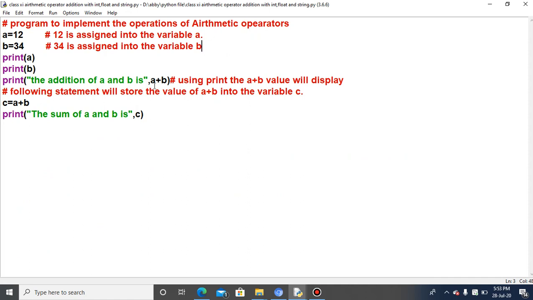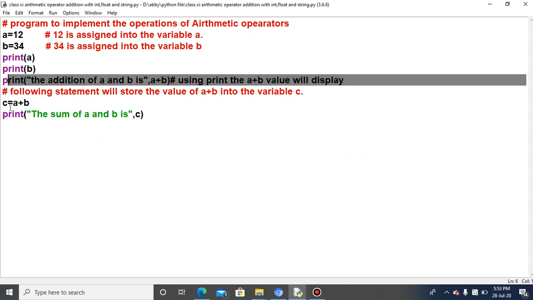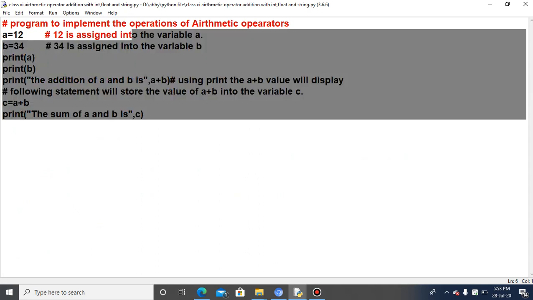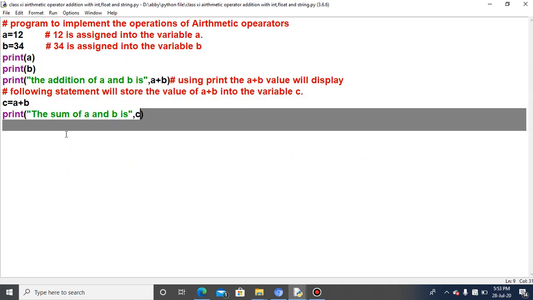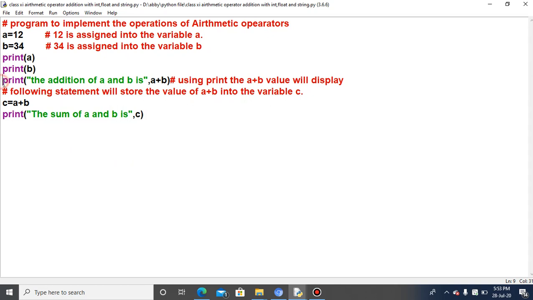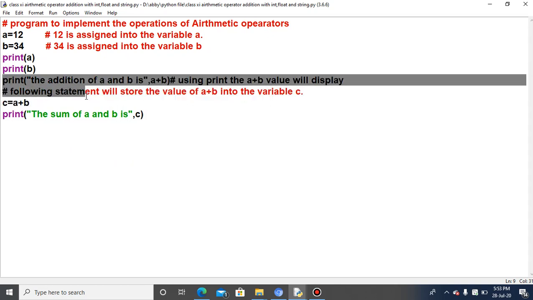Okay, so now one more thing I want to tell you. I will erase this command, I don't want to see it, because the purpose of the program is the same. I want to delete this one.